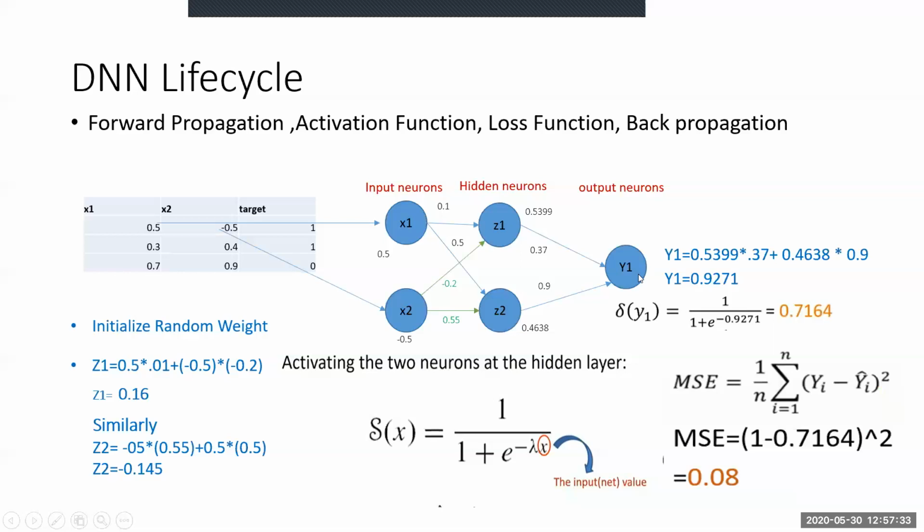So now, to minimize this mean squared error so that the predicted value would be close to the actual or target value, we need to backpropagate and see how the weights would get reduced so that my value of y1 would be closer to my actual value. This backpropagation we'll see in my next lecture, wherein I'll explain how gradient descent is calculated in backpropagation, and what the certain parameters are which help to calculate the gradient descent.